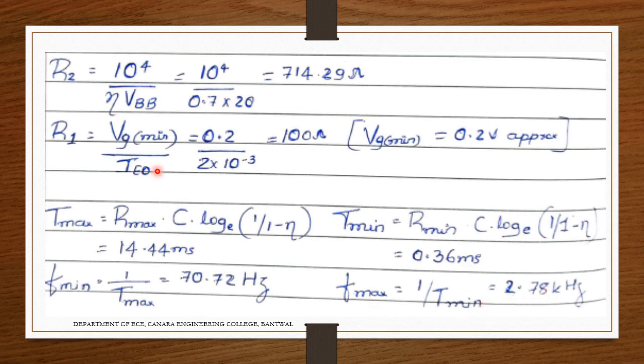So what do we have to analyze here? It is reversed: F minimum value will decrease if the T max value increases. F max, if it has to increase, the T minimum value has to be decreased. This is the assumption we need to make. So we just need to write the formulas, substitute the values and get the results.